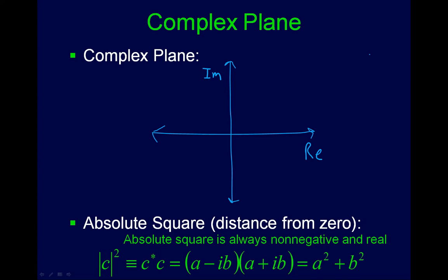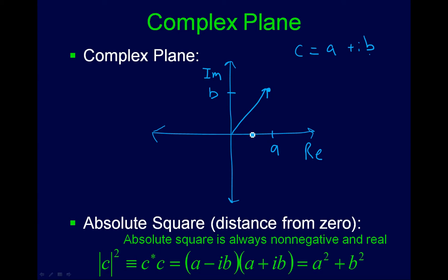As mentioned, our complex number actually has two pieces of information, right? So our standard issue is a plus ib. And so just like a two-dimensional vector, one really powerful way to visualize this is to use what's called the complex plane. Here our x-axis is the real axis, and our y-axis is the imaginary axis. We can just plot this like a two-dimensional vector, with the x-axis a and the y-axis b, and they represent our complex number